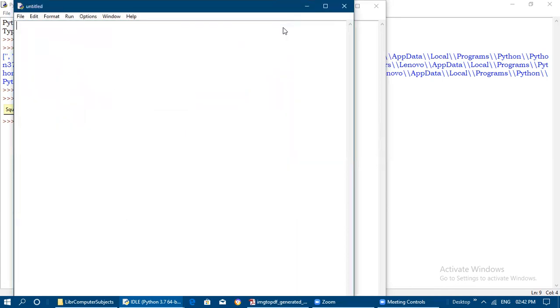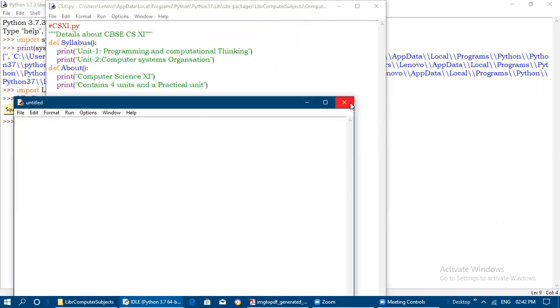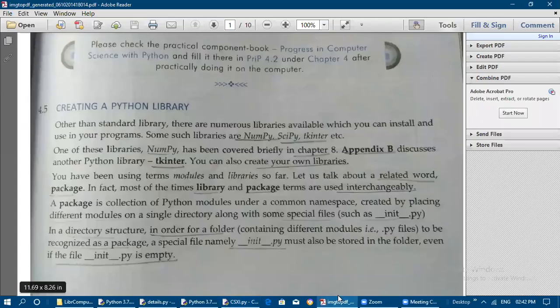Okay, so like this we can create the double underscore init file. For that I have explained by opening a new file, how we can create the double underscore init double underscore dot py file, I have told you now. We simply open the Python shell, and don't type anything, just simply save it